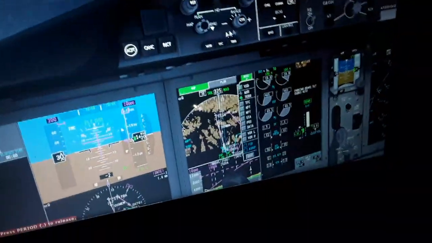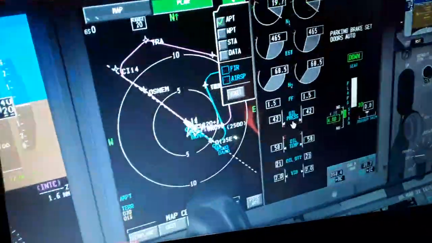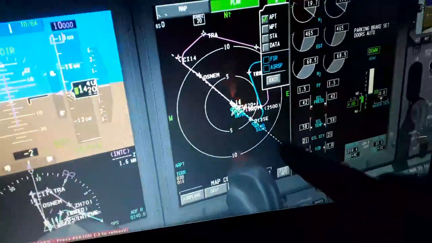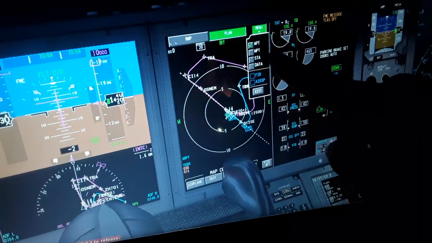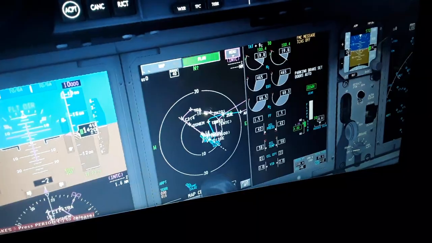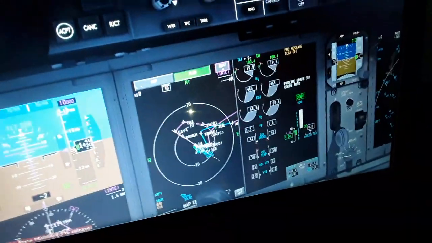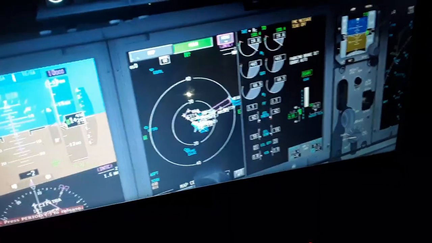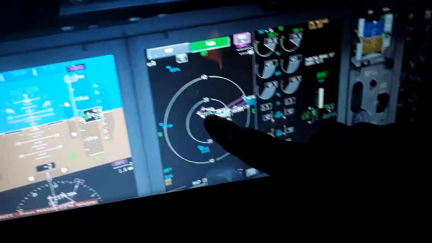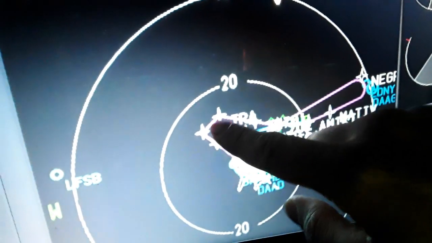You can see a better view maybe over here in the plan display. So you can see we can use this runway for takeoff and for landing, and we have the purple line from takeoff, climb, cruise, descent, approach and landing. You're gonna see here we're gonna cross through the Zui, then follow the Negria, then turn right to the Amiki as we fly, then again turn right to the TR Alpha, then turn left to the